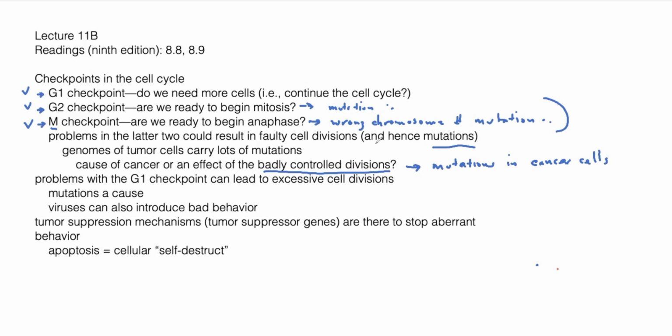But the other thing is that one of the causes of aberrant behavior, of the kind of behavior that causes the normal cell to convert into a cancer cell, is a mutation itself. In other words, it could be a mutation in the control at that G1 checkpoint that leads to these excessive cell divisions in the first place, right? So in other words, mutation can actually cause a cancer. In fact, sometimes we require multiple mutations as a cause of the cancer. And we also see additional mutations cropping up as a result of the cancer's behavior itself, right?